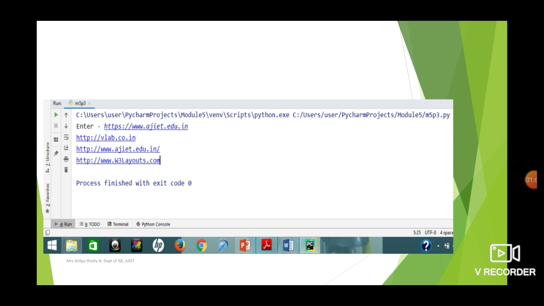We have three results here: vlab.co.in, one link from some page linked to the same web server, and one more is w3layouts.com. You can try with any of the websites. All the links available from this page will be the result when you type a particular hyperlink. So that is the program.